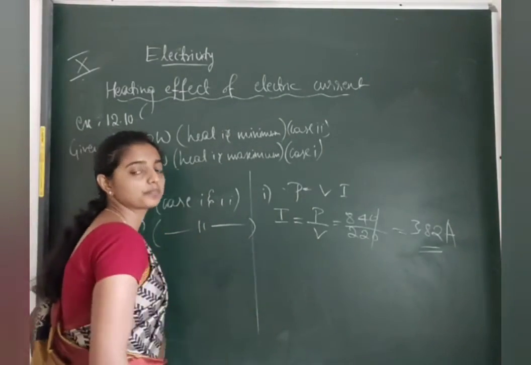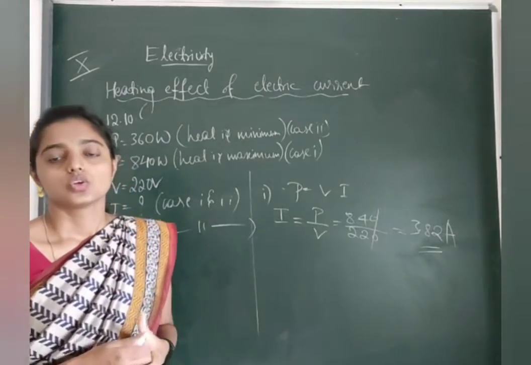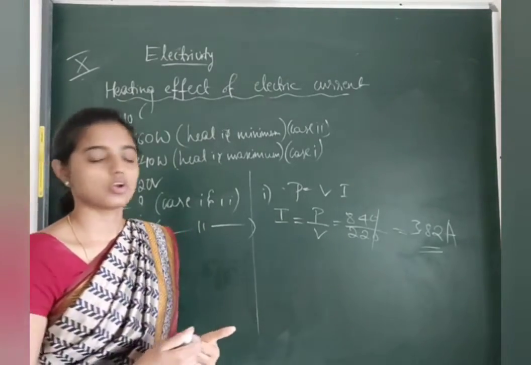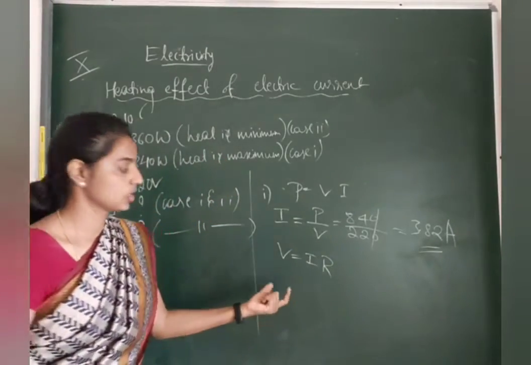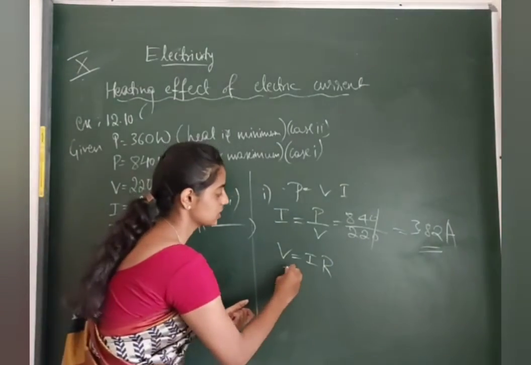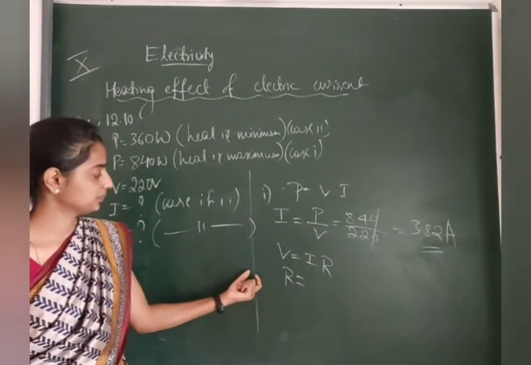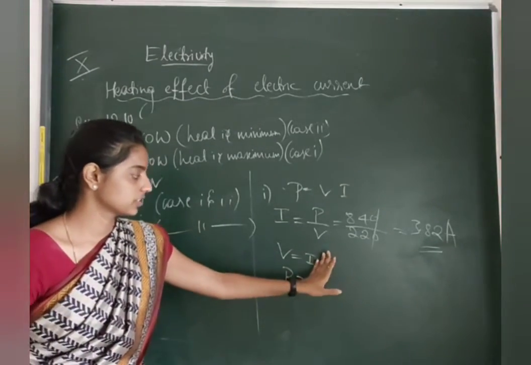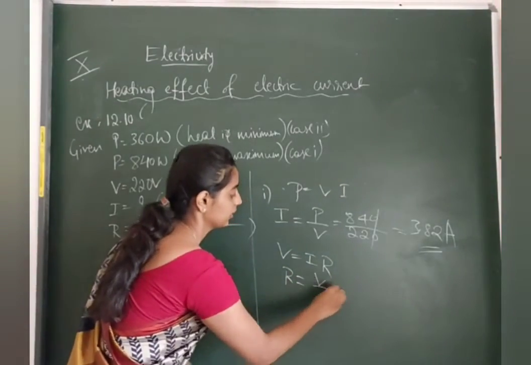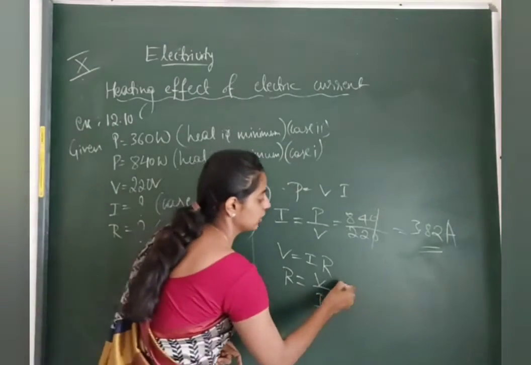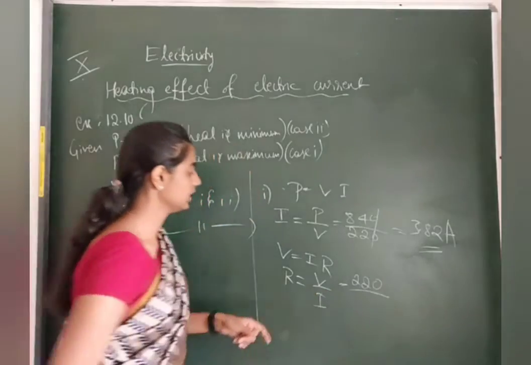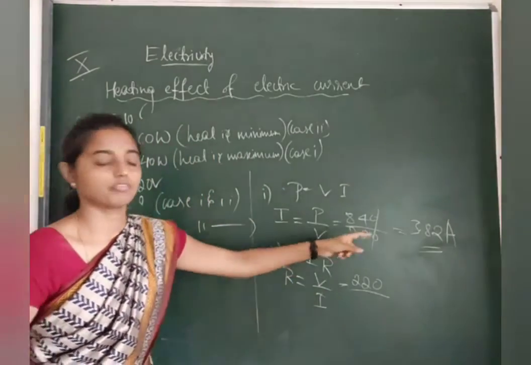Now how to get the R equation? So let us take again from Ohm's law. So what is the equation for Ohm's law? V is equal to I R. Correct? So we need to find out R. We take R outside. So what happens if we take out R? We will get V by I. Correct? Now you have the value of V now. What is that? 220. And I, just now we found, that is